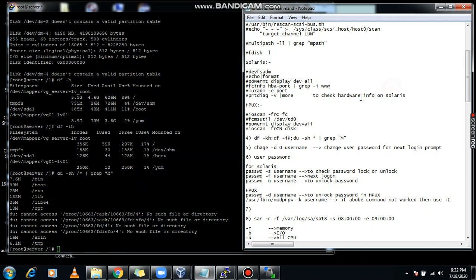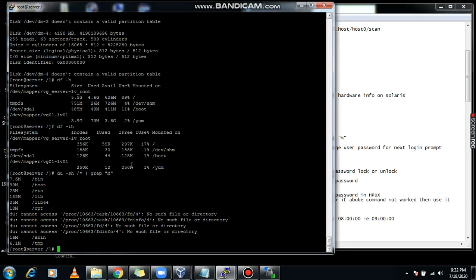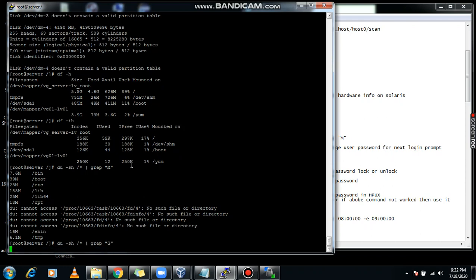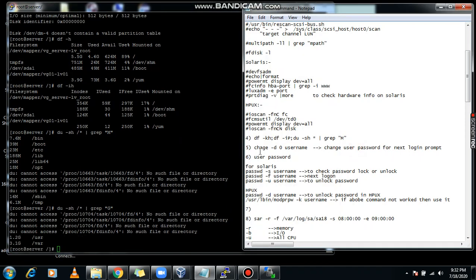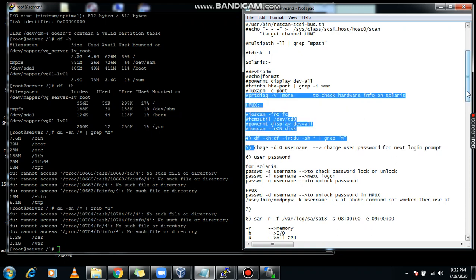You will get this output in MB or in GB also. If you put capital G here, you will get it in GB. chage -d 0 username: using this command you can force the user to set a password at the next login prompt.